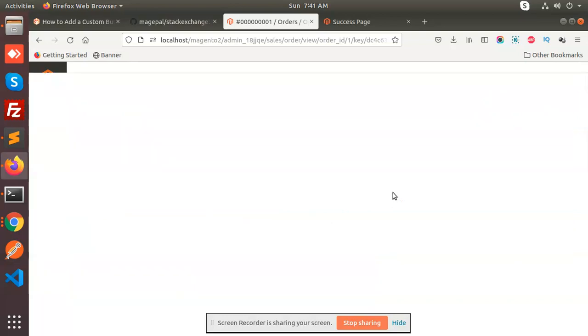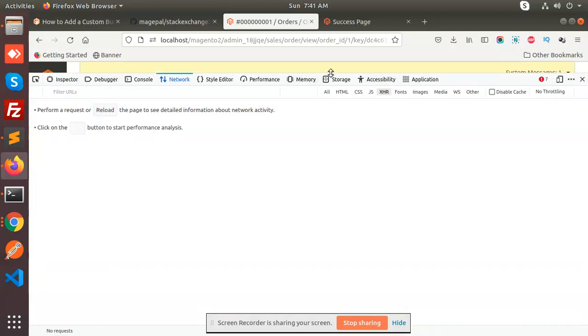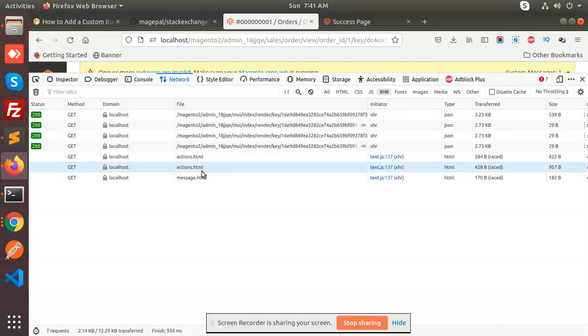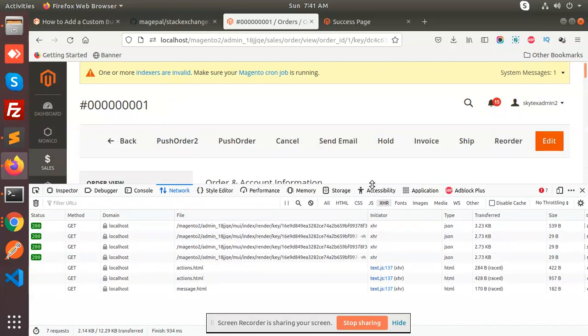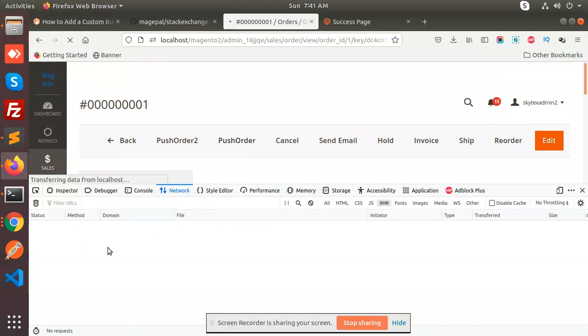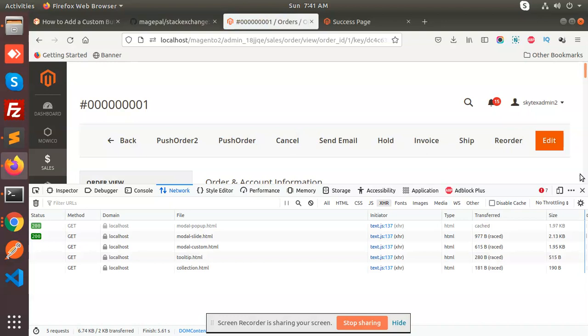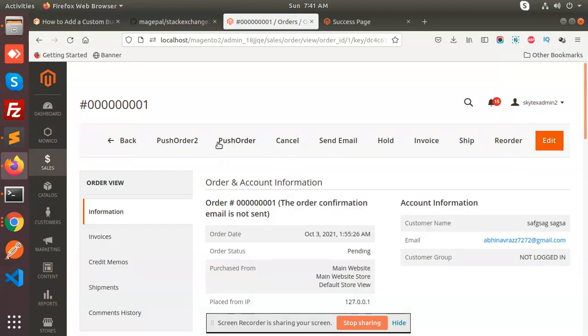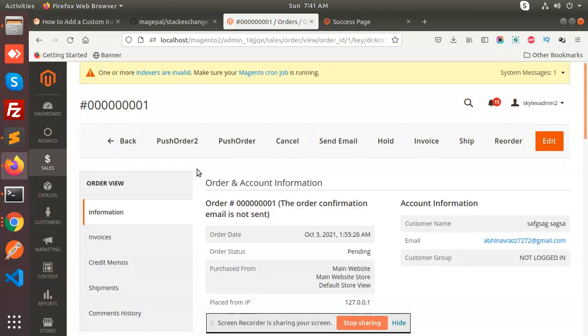If I go and press F12, and if I clean this console, and see what the URL is hitting, it's just redirecting to the same module. So this way we can add buttons in the sales order view.